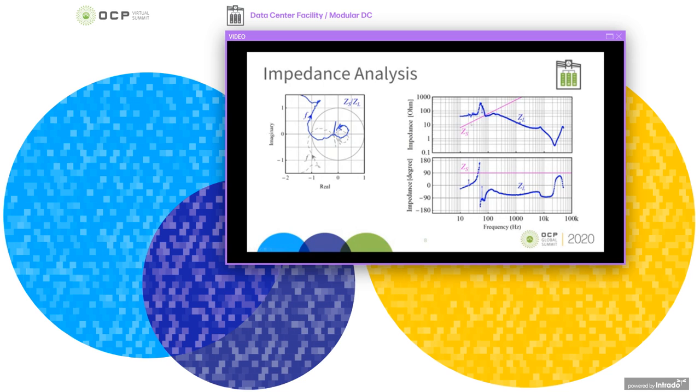We see that the impedance of the data center in pink intersects the load impedance of the power supply in blue at this frequency, which is close to 70 Hertz. At that intersection, the two impedances are equal. And since the phase difference is also 180 degrees at that intersection frequency, we should have instability at 70 Hertz. So that's the frequency where the Nyquist plot leaves the unit circle. Based on this zero sequence impedance ratio analysis, we predict that there will be instability at 70 Hertz, and that explains our waveform observation.